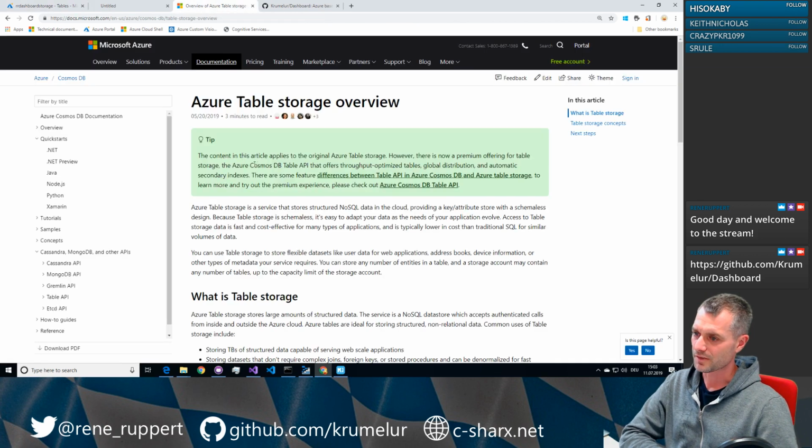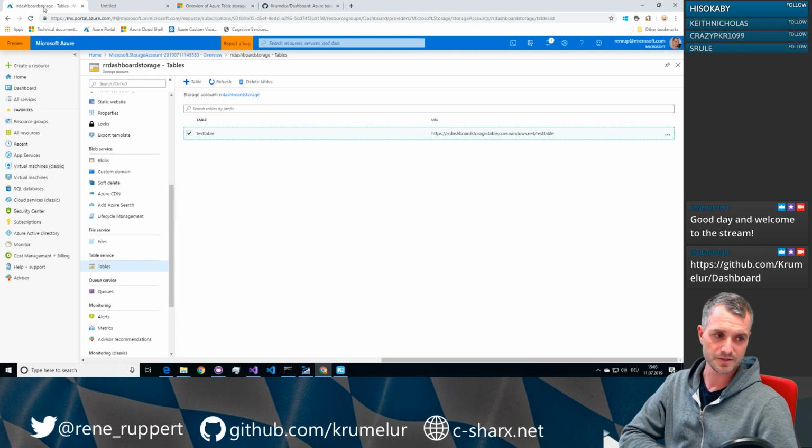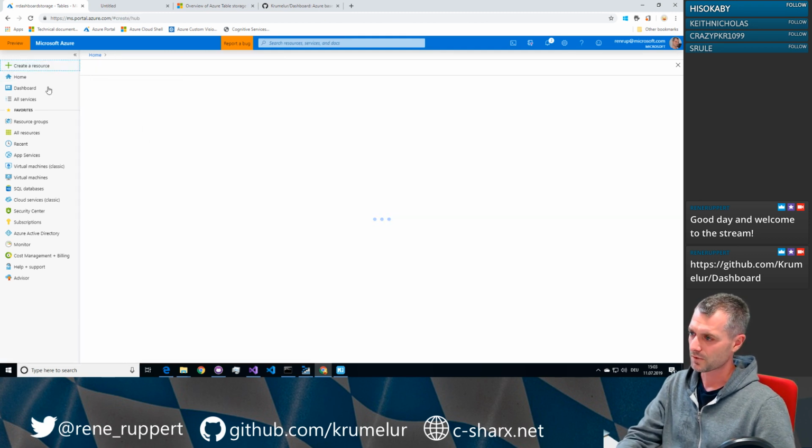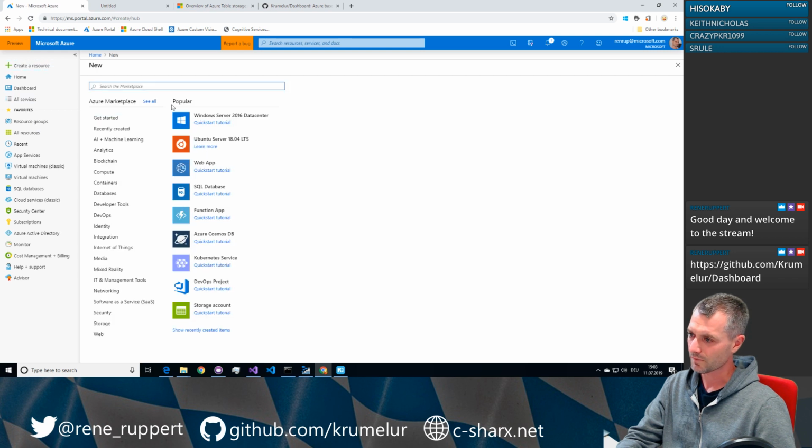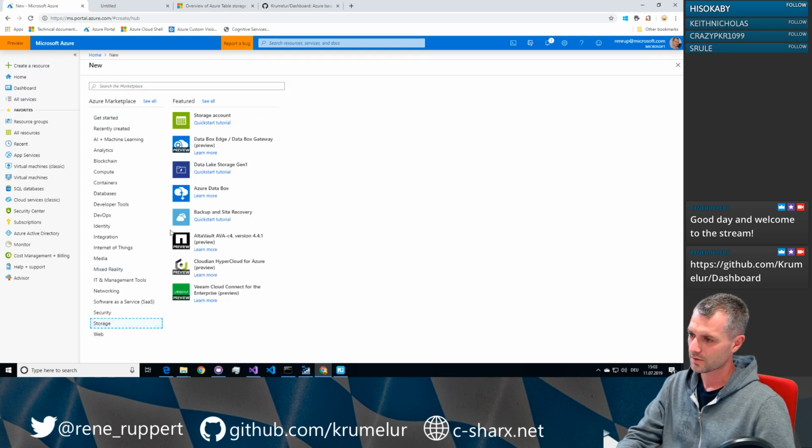Because I wonder, if I look at this here, Azure Table Storage Overview, that's really what I'm after. And this content applies to the original Azure Table Storage. There's now a new premium offer for table storage, the Cosmos DB Table API. So what I create here, is that the old one, the legacy one, or is it the new one? I have no idea. So I should be able to find that out if I go here, create a resource, and we want to go for storage, and no, where was it? Just search for Cosmos DB,